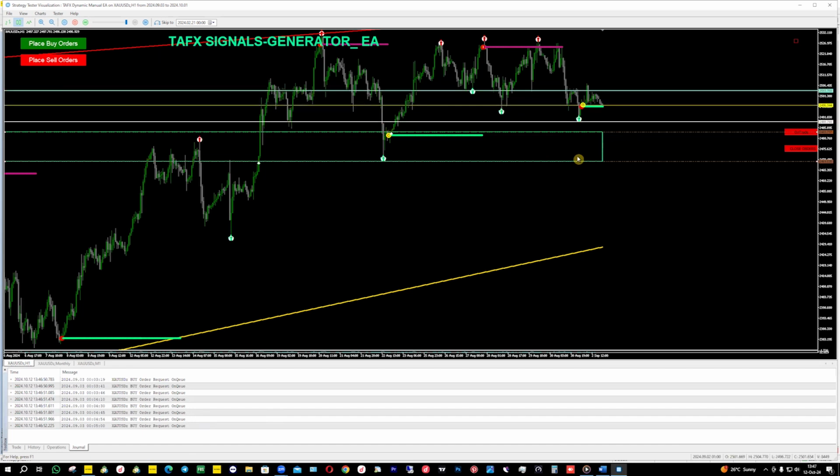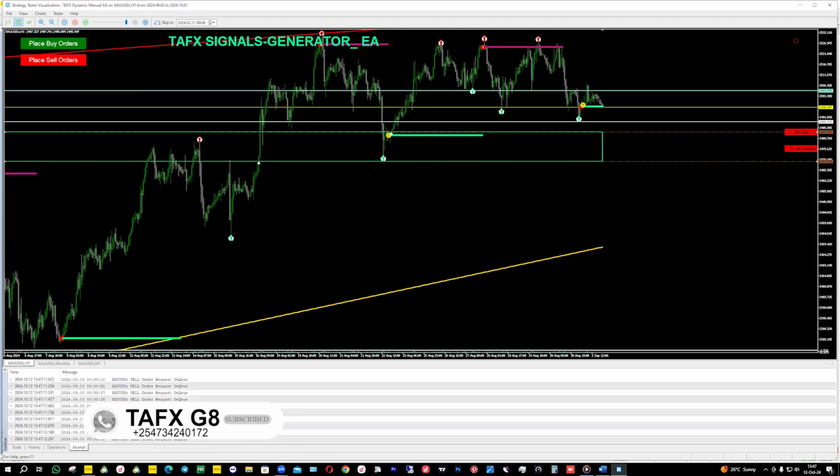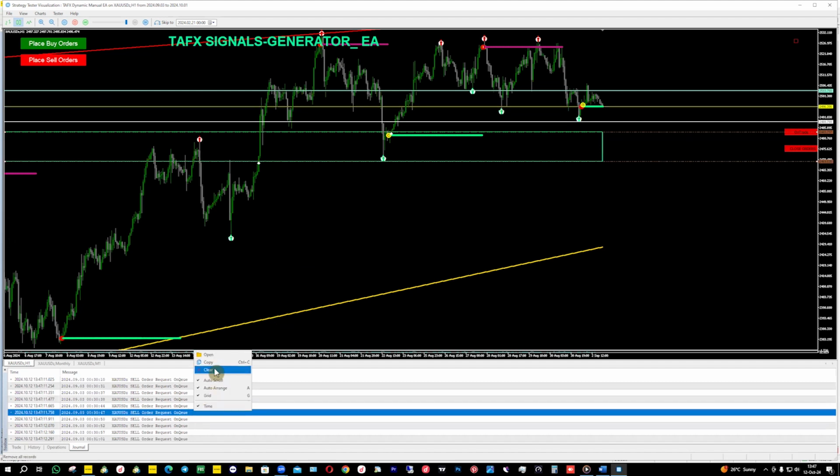You cannot mess with your account. We cannot allow you to mess with your account. This is why it cannot buy or sell. Even if I trigger sell here, it cannot sell or buy because there is no confirmed signal, because it has